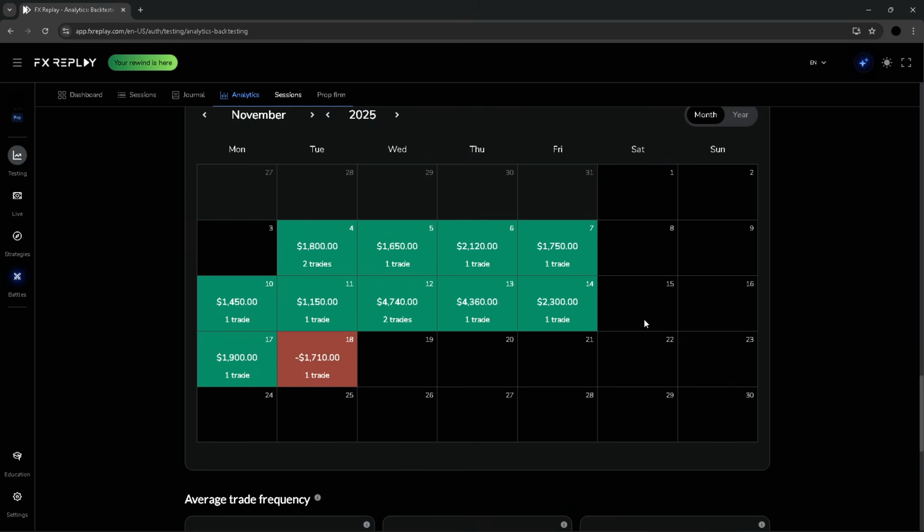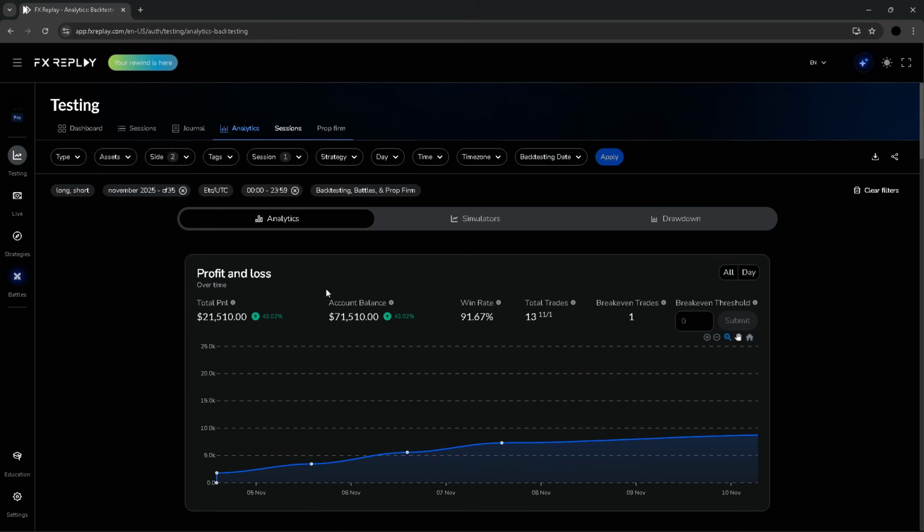So let's take a little look at the dashboard. Pretty consistent. Some nice big trades in there as well. Obviously my risk could be around half of this on a normal month and a quarter of this if it's December. How much P&L did we make this month so far? This month we've made $21,000.